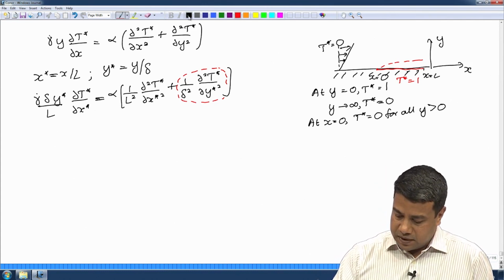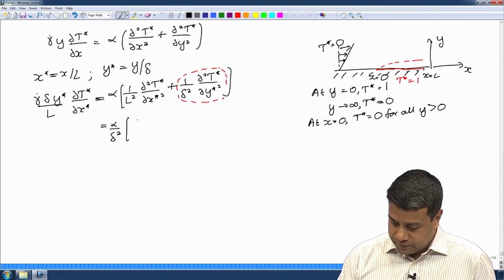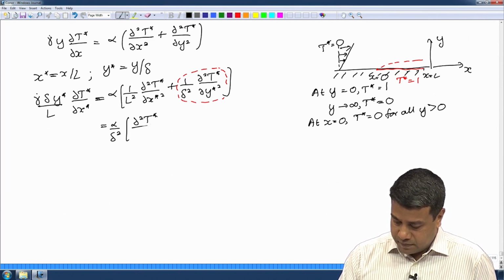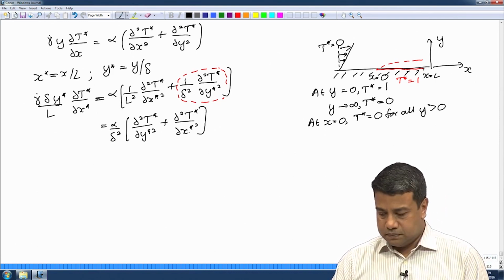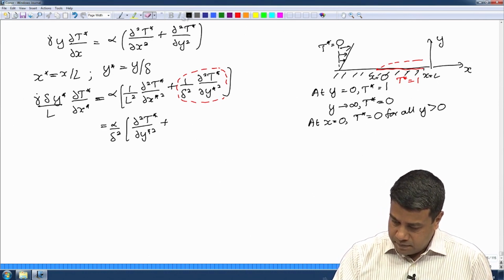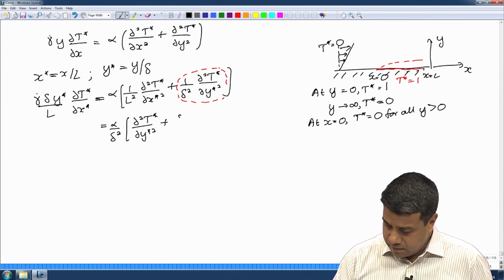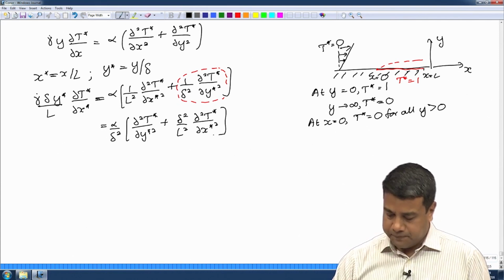Therefore, the right hand side can be written as alpha by delta square